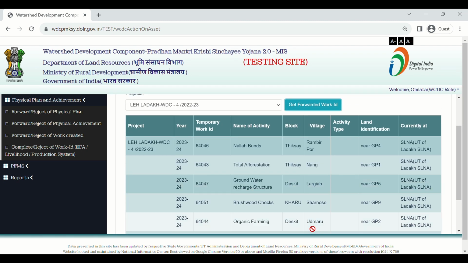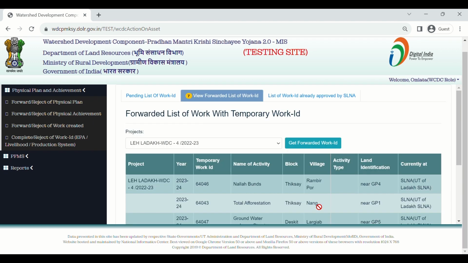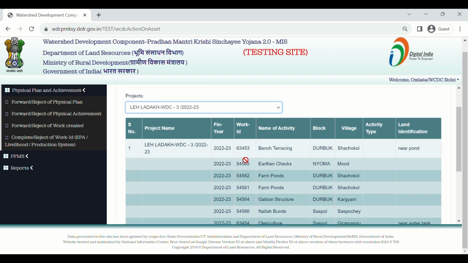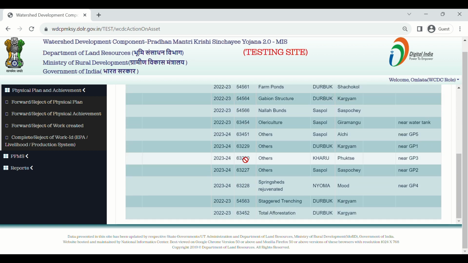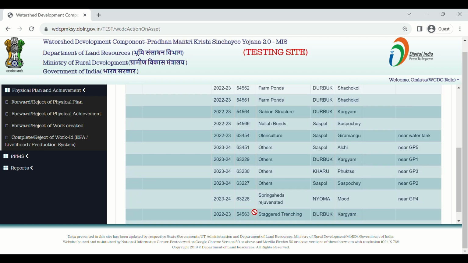Here you can see all the forwarded work ID, and also the WCDC user can see the list of work ID already approved by SLNA by clicking on the next tab, list of work ID already approved by SLNA. Here you have to select your project name and you can see all the forwarded list of activity, all the forwarded list of work.